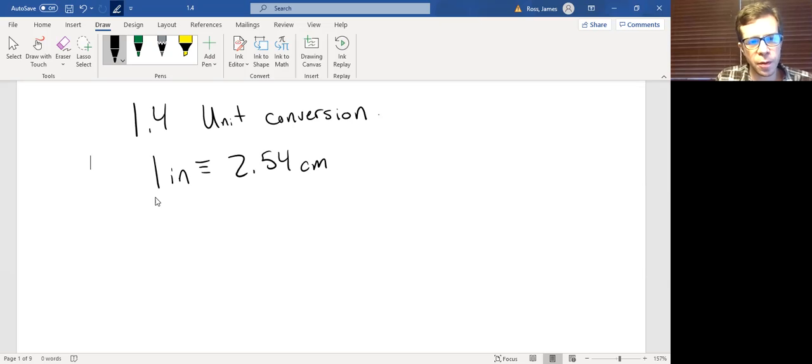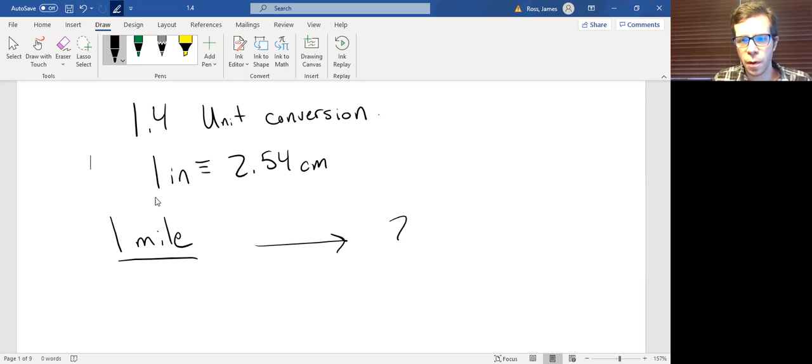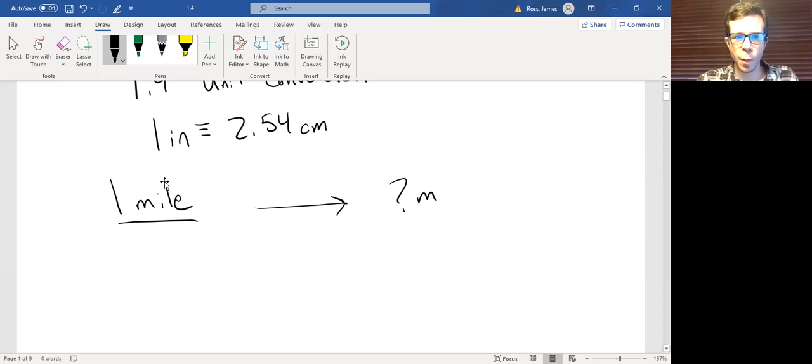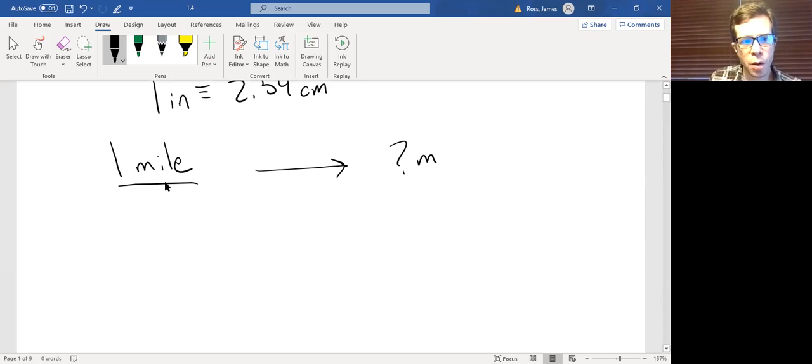So let's start with 1 mile, and I want to convert that to meters. The way that we proceed is we're going to multiply by 1. So I'm going to take 1 mile,